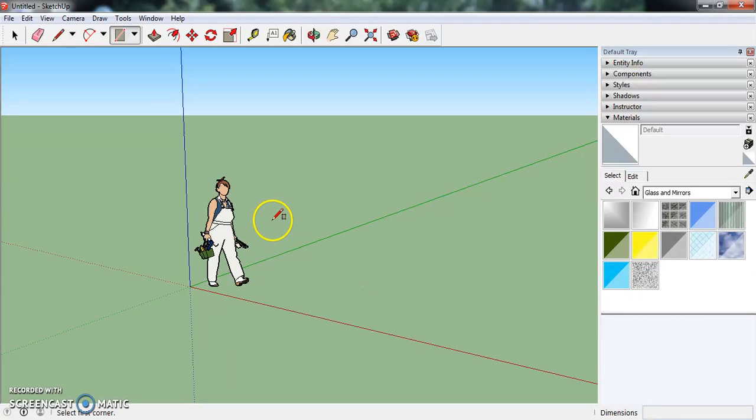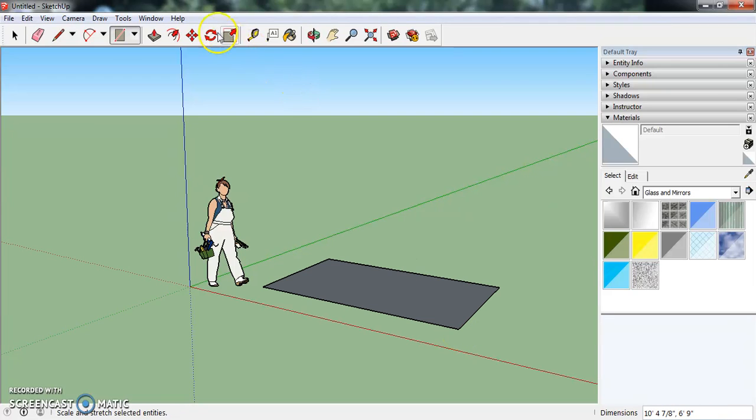So the next set of tools we're going to learn how to use are the manipulation tools. First we're going to start out by drawing a shape. So let's start out by drawing a rectangle right on our x-axis here. After you draw a rectangle and it turns a shade of color, which means it's a solid shape, we're going